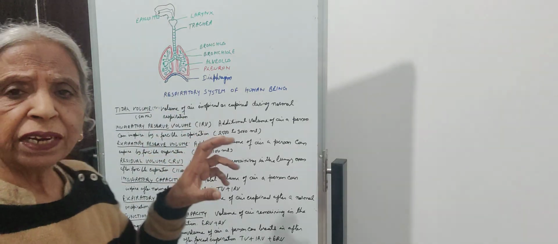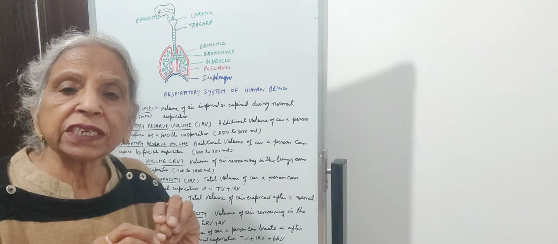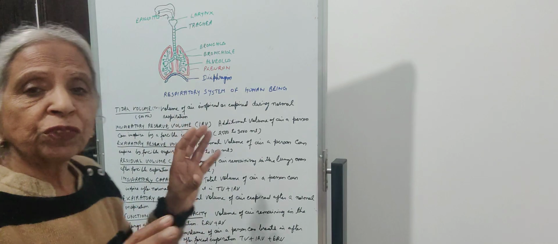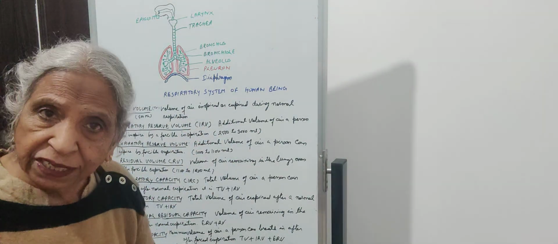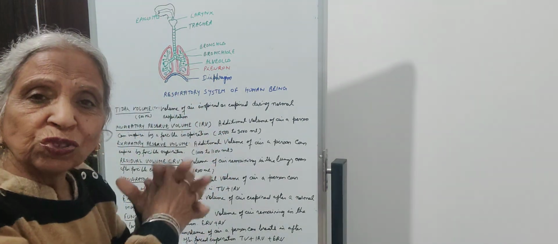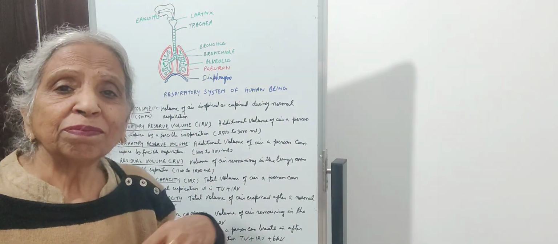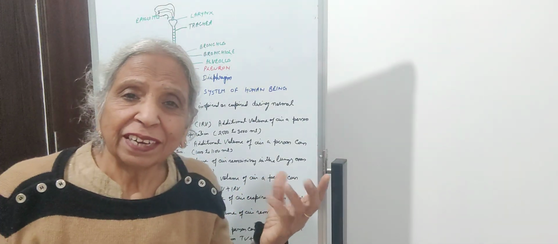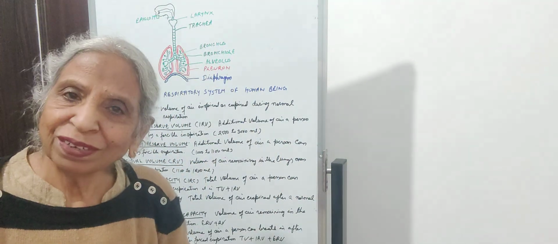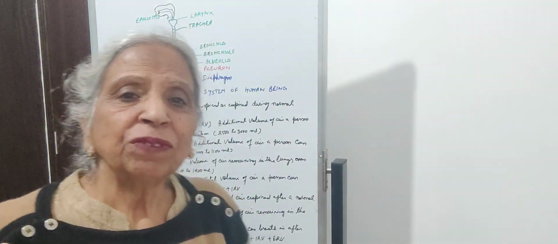The diaphragm will come back to its position. It will relax. The external costal muscles will also relax. What will happen? The volume of the thoracic cavity will be decreased. And ultimately, the volume of the lungs will also be decreased, and a pressure gradient will form, and the carbon dioxide will be released out through the nostrils. So, in this way, exchange of gases occurs.